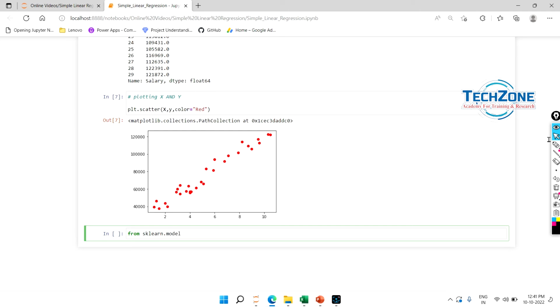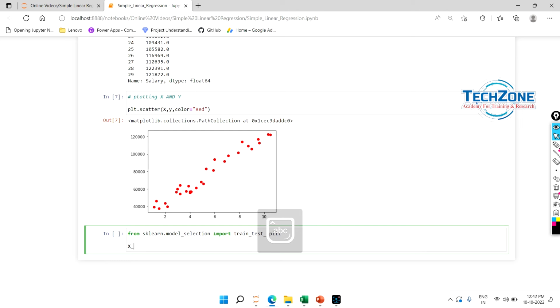So from sklearn.model_selection, we are importing train_test_split. So x_train, x_test, y_train, y_test will be equal to train_test